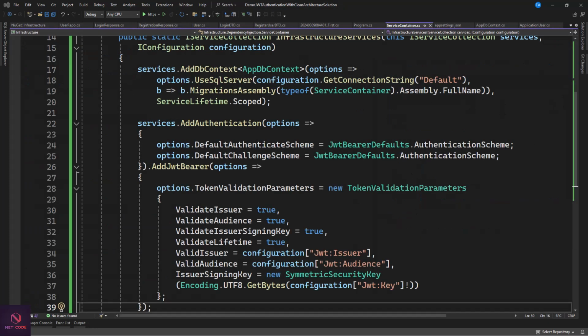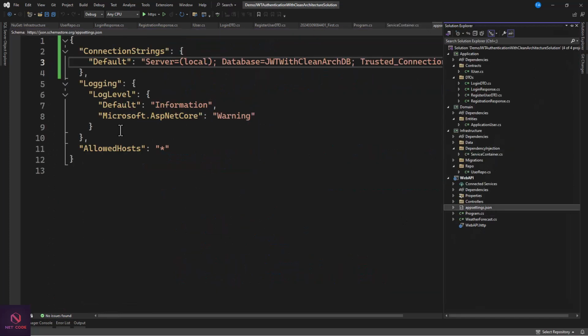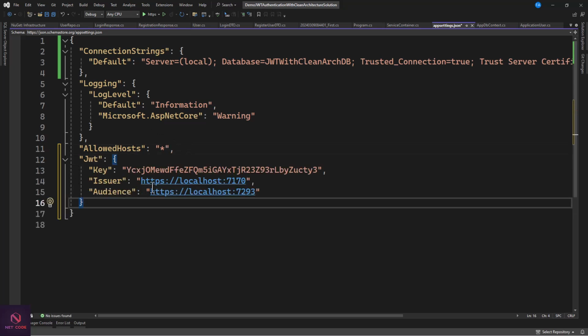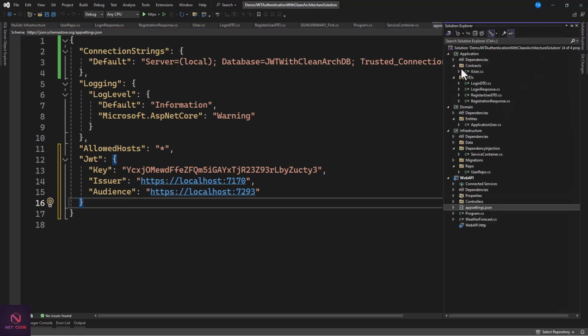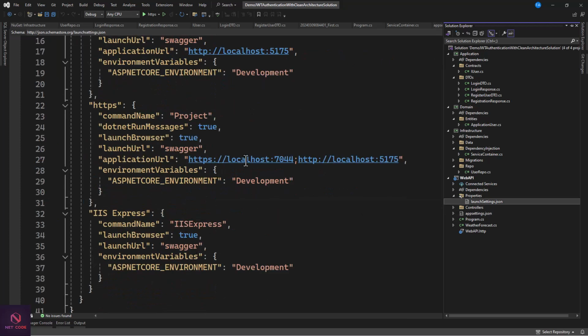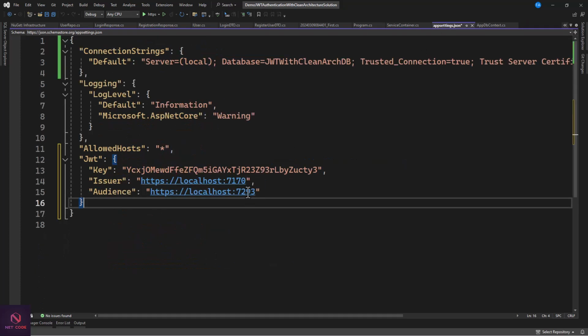So in order to specify all this, we go to the API, appsettings.json. Now here, we need to specify the key, the issuer, and the audience. For now, we want to maintain the URL for the same project as an audience and the issuer. So from the application, properties, launch settings, we can grab the HTTPS, that is 7044 for HTTPS. We go to the app settings, and let's